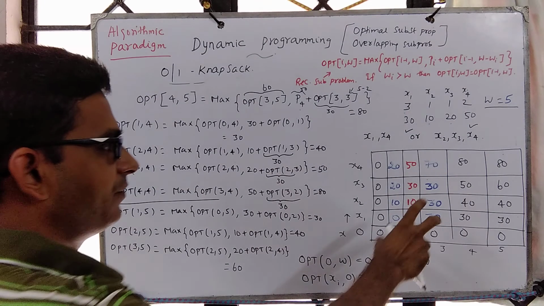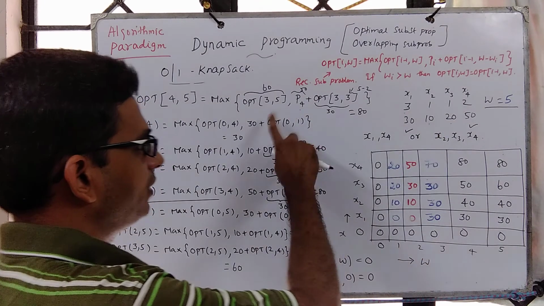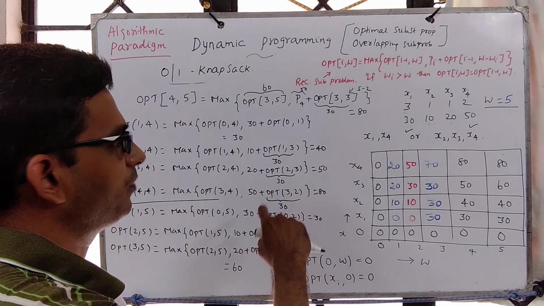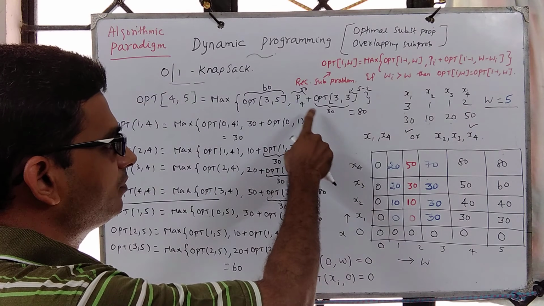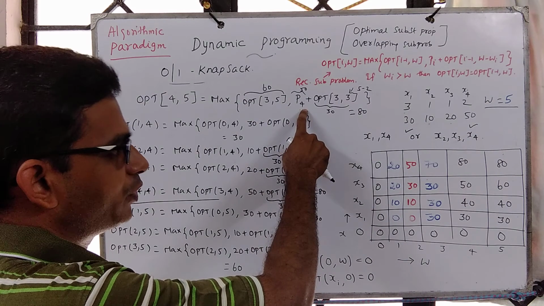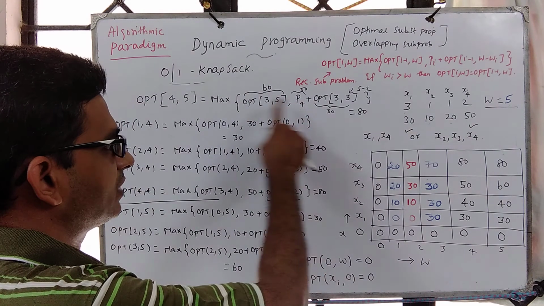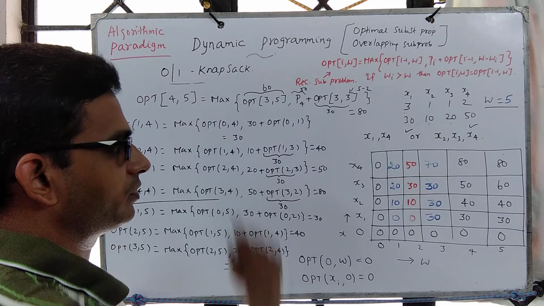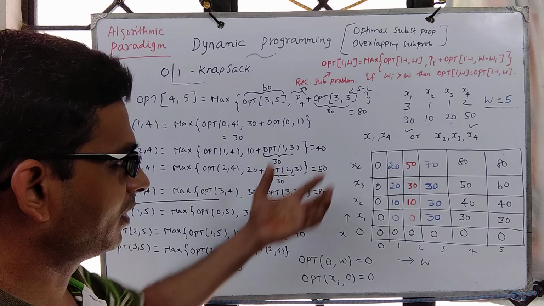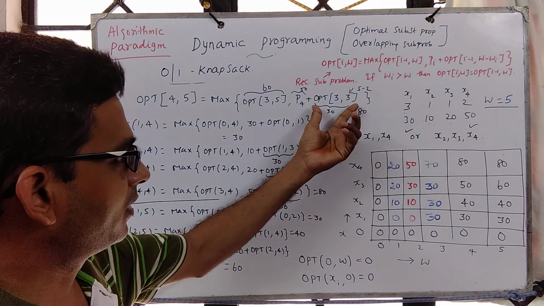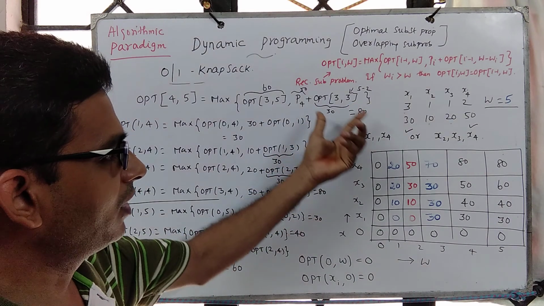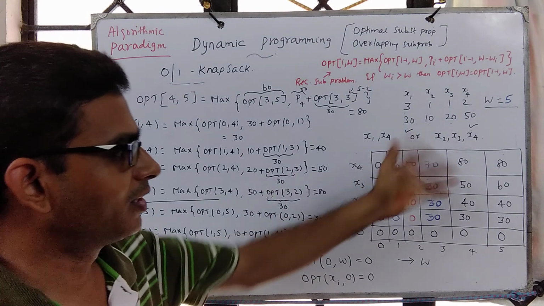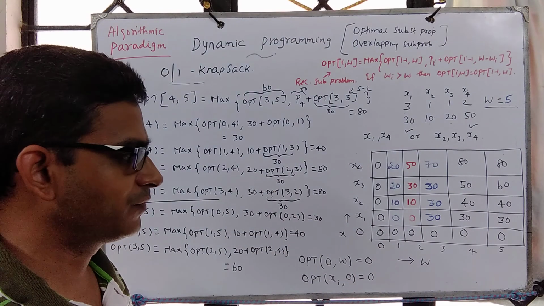So along with this, if you also maintain between these two which one was giving maximum, that would help us to construct the solution as well. For this, max was coming from the second parameter, which means include x4. So like that we can get the solution from 3 comma 3 as well. So we either get this or this as far as this example is